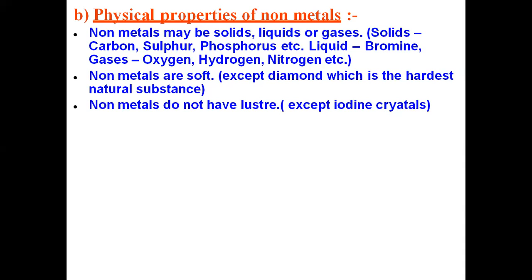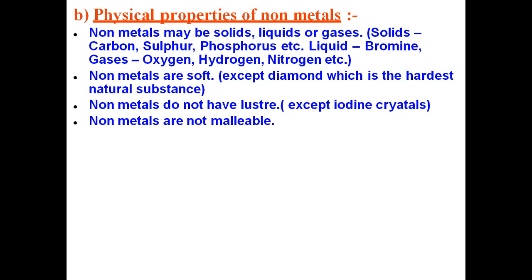Whereas the rest of the non-metals, like carbon, we know that at home the carbon will be there. The carbon is not shining, and we have oxygen in the atmosphere. Anyhow, we can't see the oxygen. Even if it had a shine we can't see it, but oxygen does not have any kind of shining. So that is one more property of non-metals, that they do not have any luster.